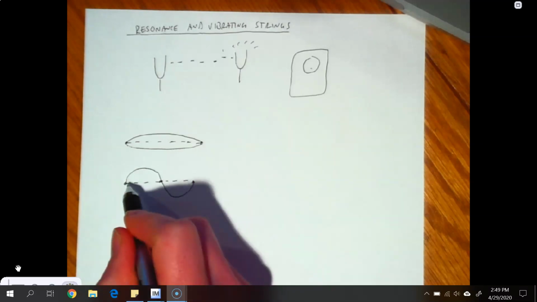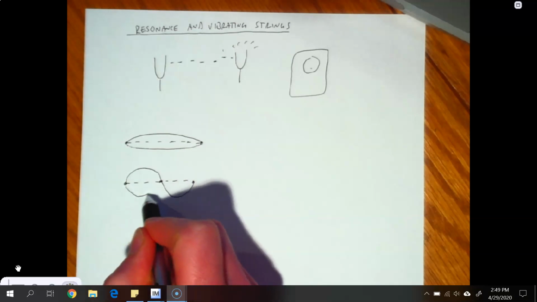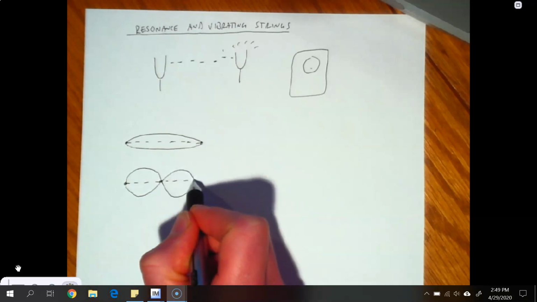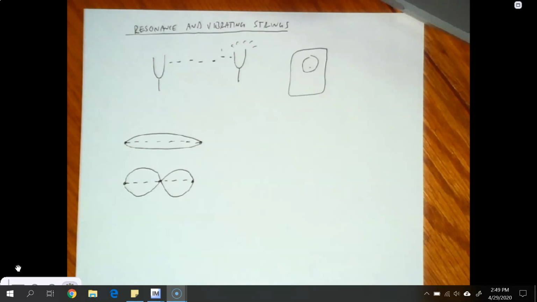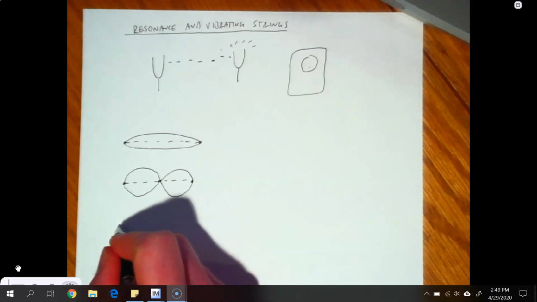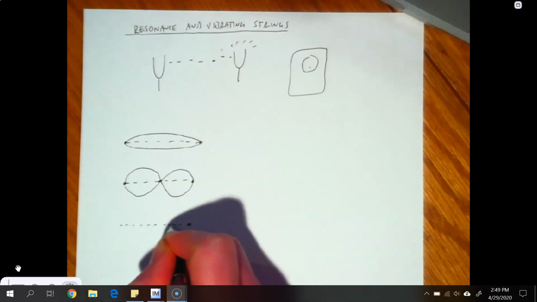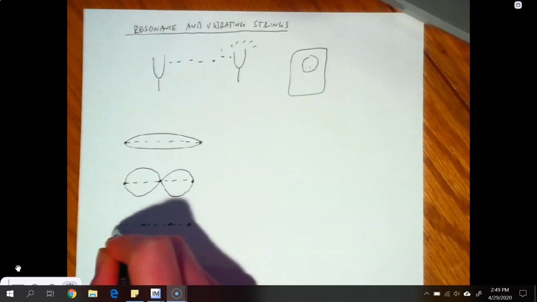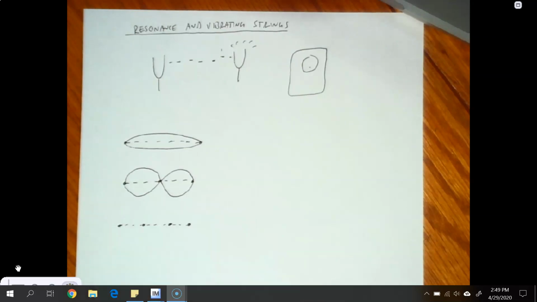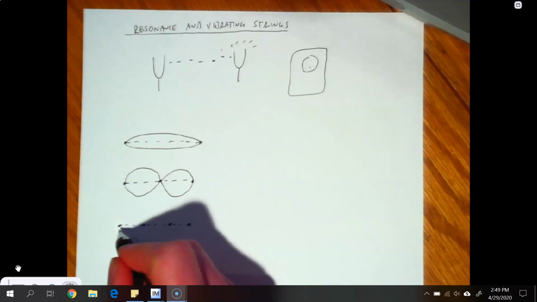Alright, and then we can show if this vibrated the other way, what our wave pattern might look like. Alright, third harmonic is going to follow a similar pattern. We've now got 4 nodes and 3 antinodes. The reason I'm making this video is because drawing these waves is going to be really, really